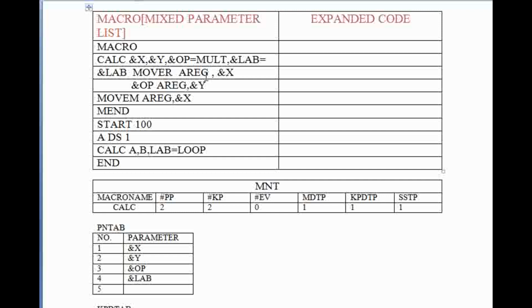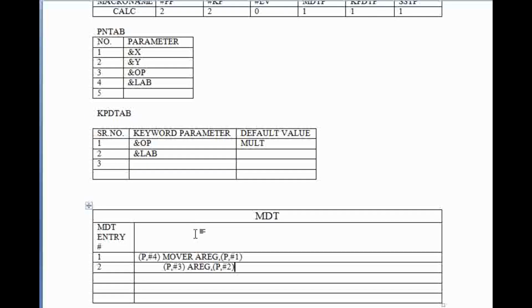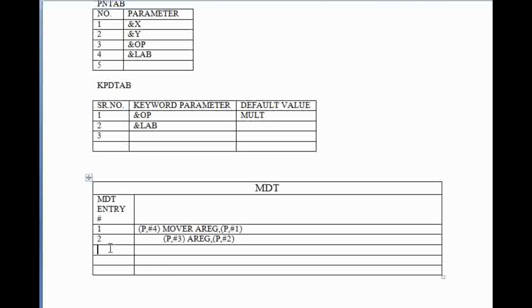So it's not always compulsory that our parameter should always appear in the operand specification part. This is an example showing that the parameters can be a label also and can be an opcode also. Okay, next, after this entry is made, we increment the pointer by 1.